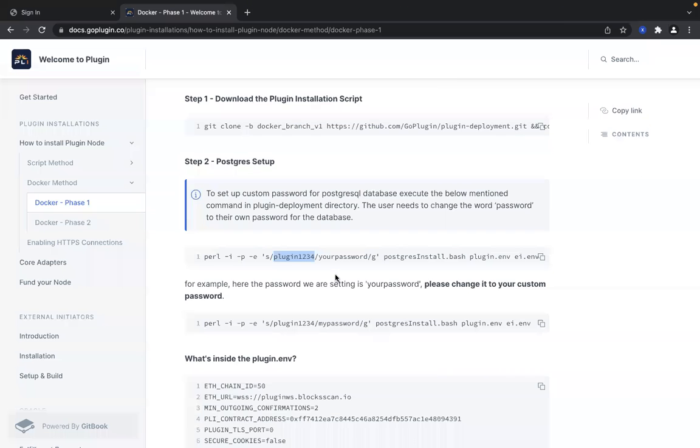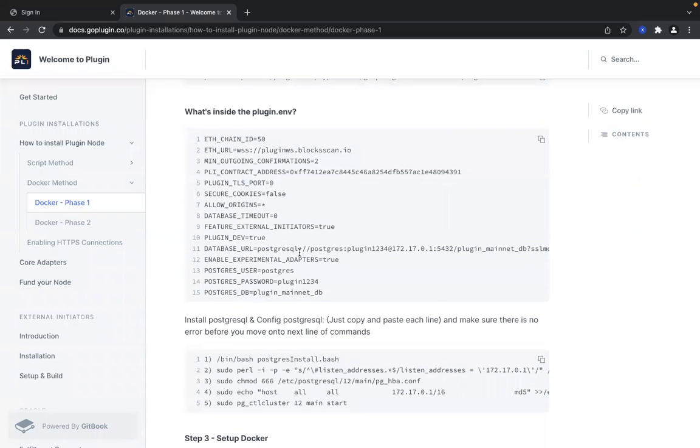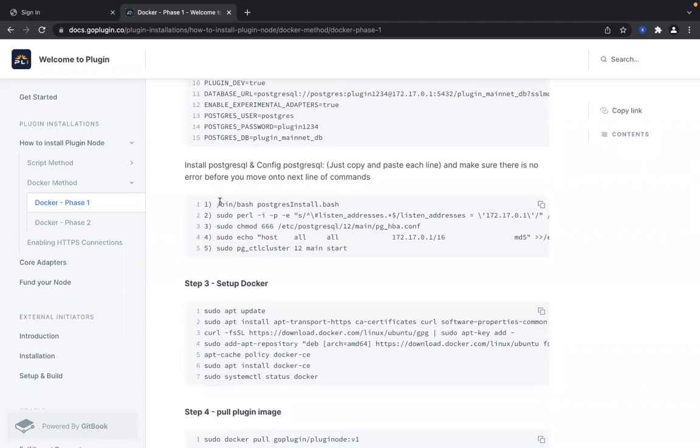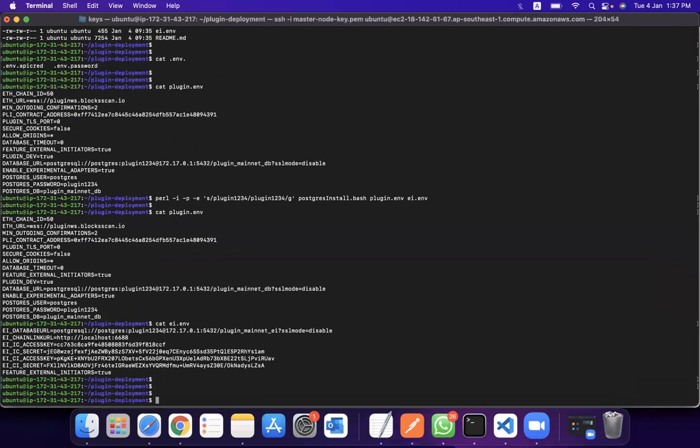Next step: you can go through these explanations of what the parameters inside there are, but we are not going to touch this. And this is going to be the next step. What we are trying to do using the Docker way, let me tell you a quick difference from the previous way of installation using the script. What you do in the script is you have a host PC, a host system, where you have to install Docker and the external initiator. Before doing this, you have to install all the dependent modules like npm, pm2, or Go.